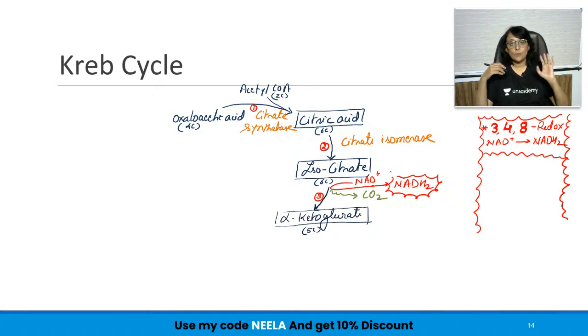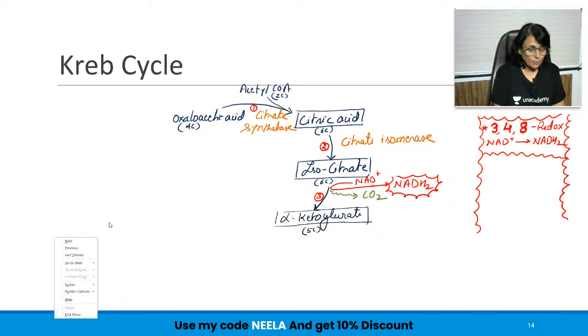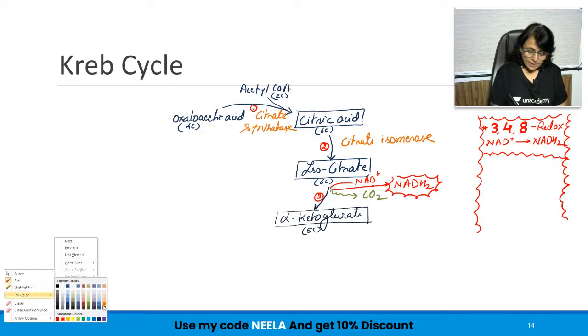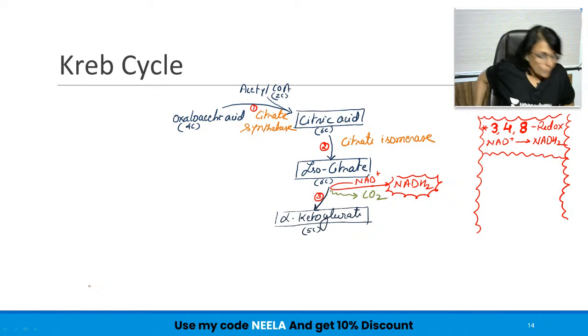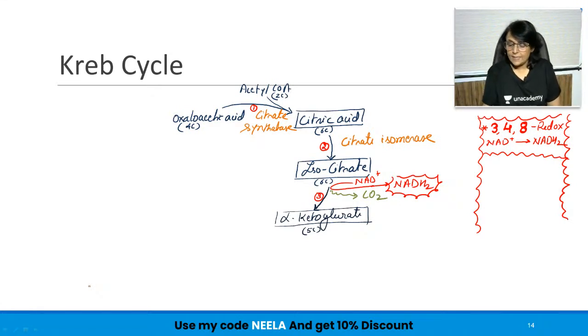So in step number 3, there are 2 things which are happening. One, there is loss of carbon dioxide, that is decarboxylation. There is loss of hydrogen, that means dehydrogenase must be working. And one thing is getting oxidized, other thing is getting reduced. NAD is getting reduced and isocitrate is getting converted into alpha ketoglutarate. So here, if we have to write down the name of the enzyme, then what name should be given to it? The enzyme is written as